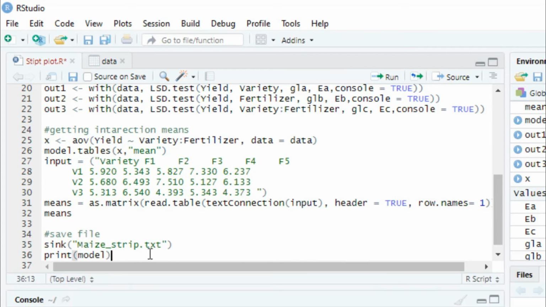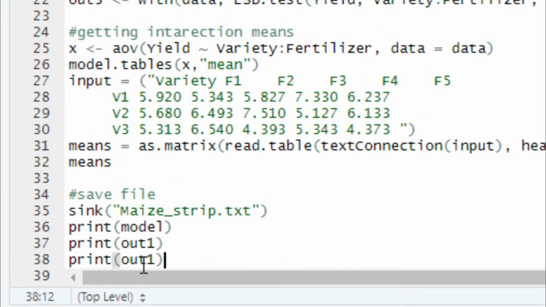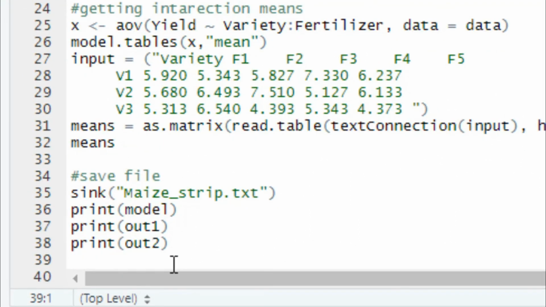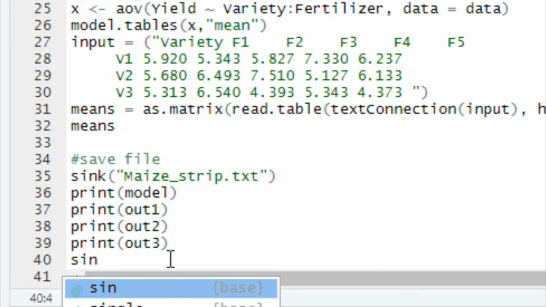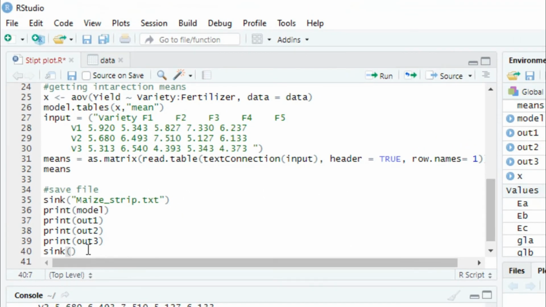Model means ANOVA. Now we can print our out1, and again we can print out2, and now we can print out3, and last thing. Okay, and we can